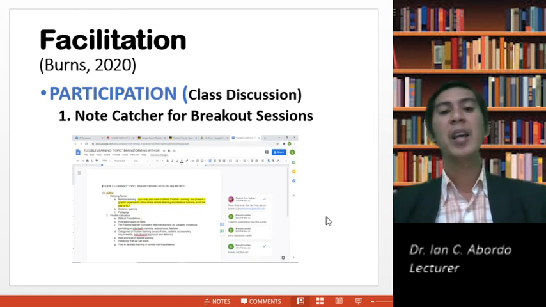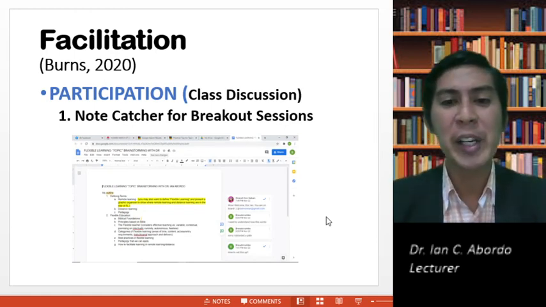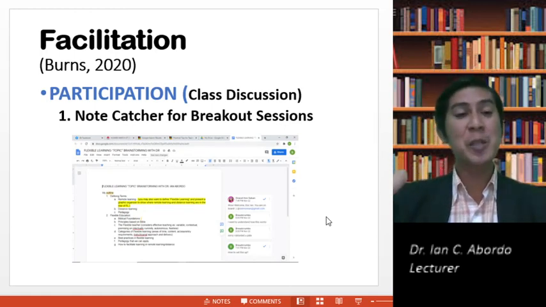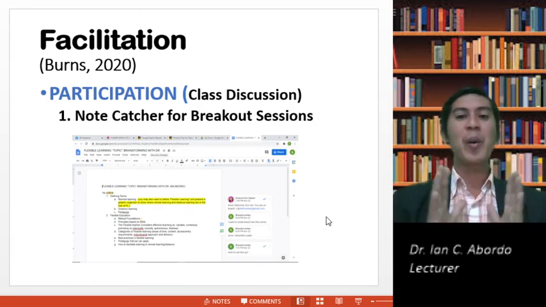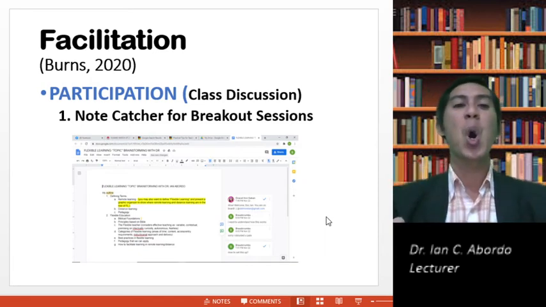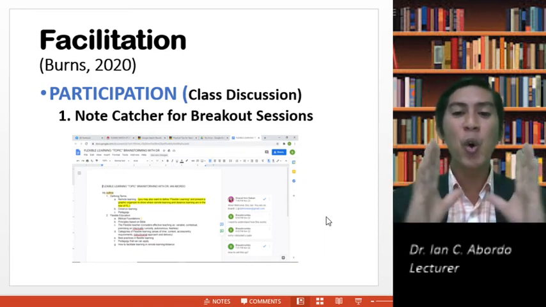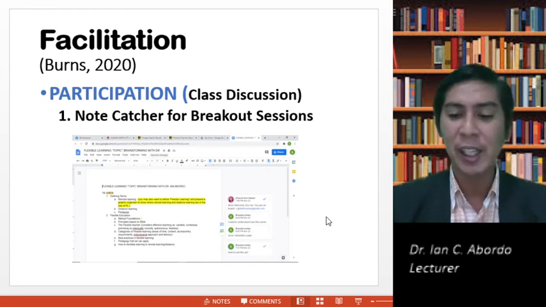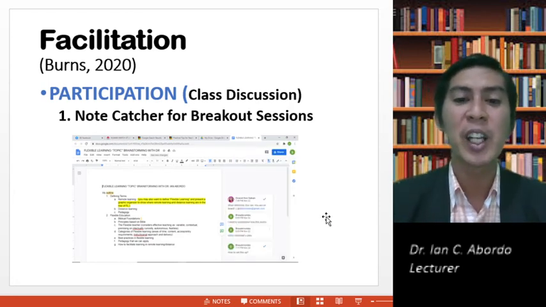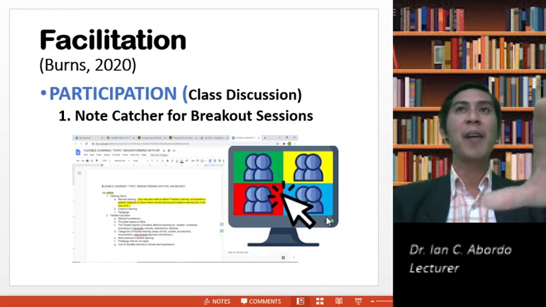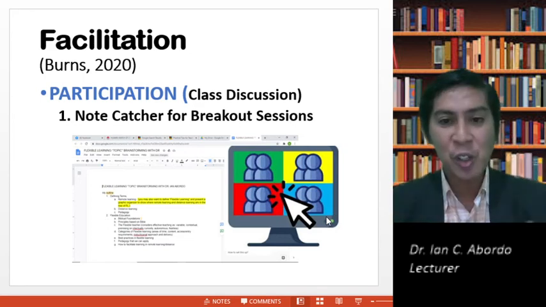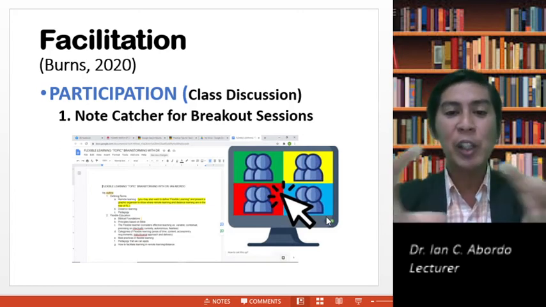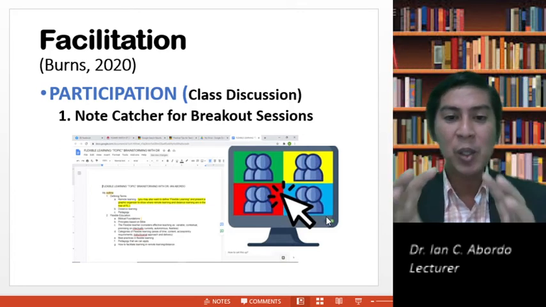If you want to increase participation in class discussion, especially in the breakout session, you can require all your learners to be hooked to a Google Doc. I think you know that in a Google Doc, together we can write simultaneously in the page. So if there's a breakout session, require that group to be in one Google Document, and then